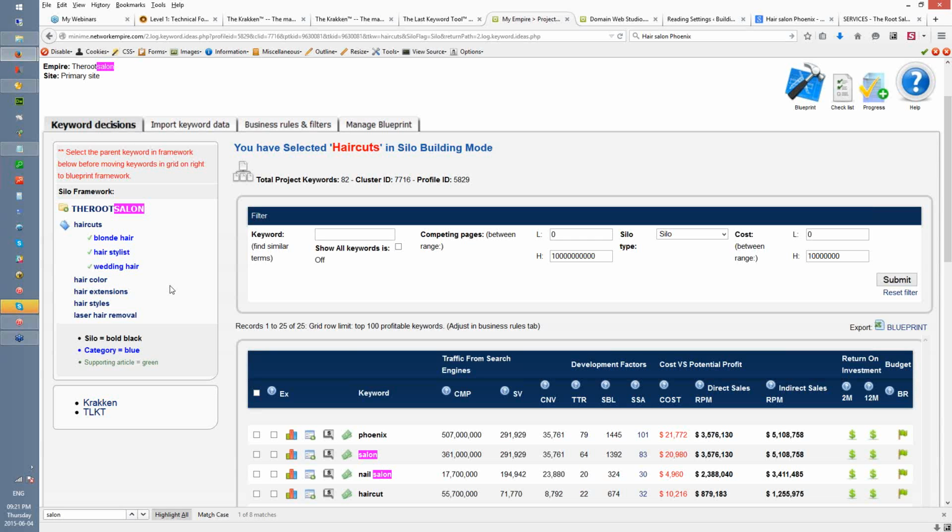Okay, I'll get you guys that link and I'll throw it in the group. Have a read through that. It's very interesting, but it's going to give you a clear indication of how powerful silo architecture is when you target the right type of keywords and what actually happens. Okay, so